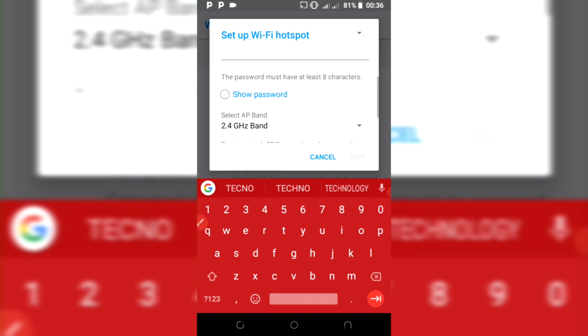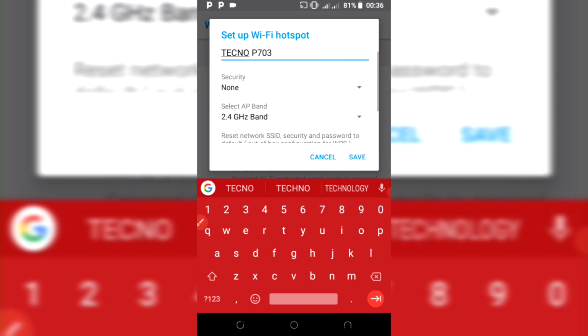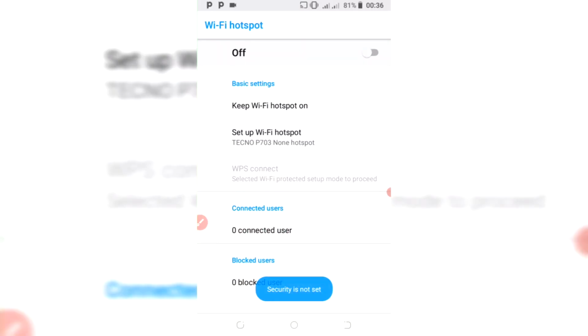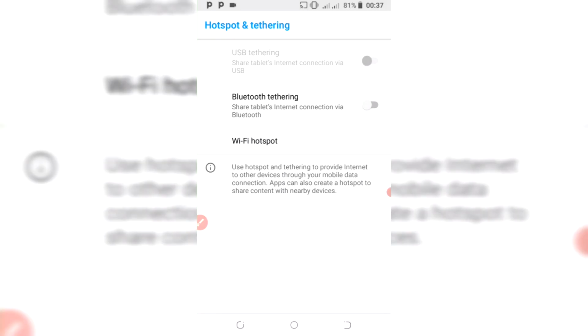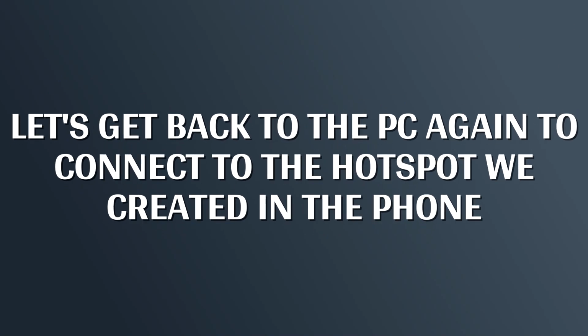if you have a password, you can put your password here, and for now I'm going to use none because it's quite faster when I use none. So then I save like that because I want to connect quite fast. Then I enable the connection like that, then I go back. Now my connection is created, my hotspot is now